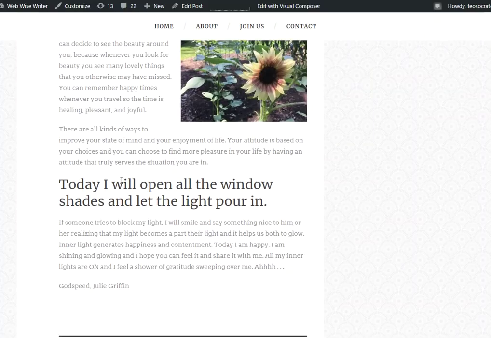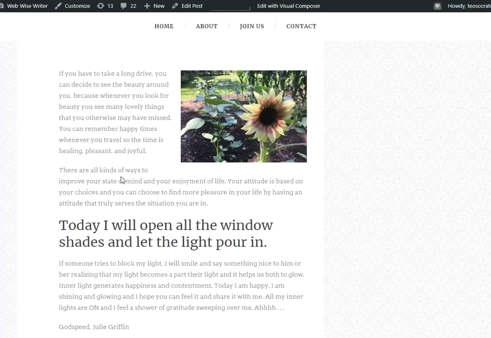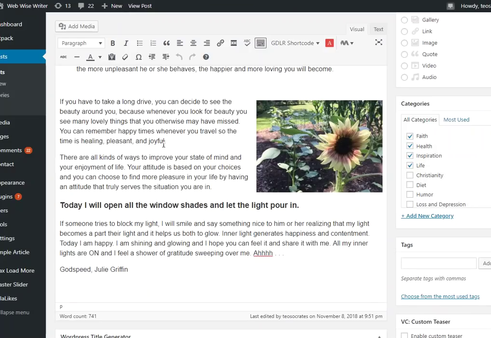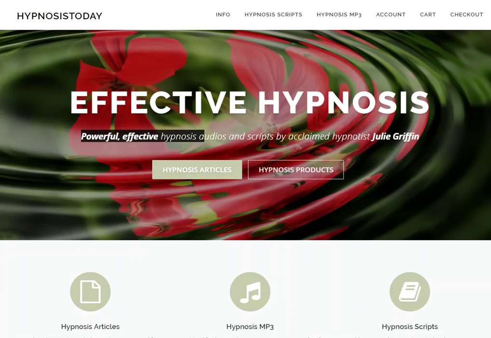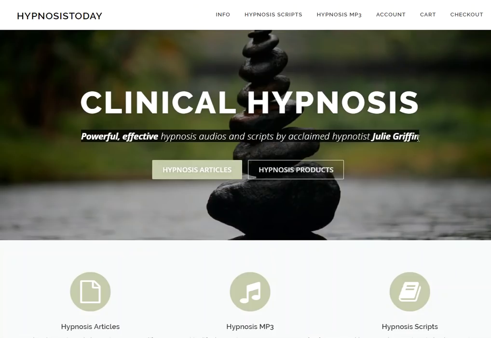But since this is a guest post, you really want to make sure your article has links back to your main website. So down here under the citation, under your name, the easy way is just to take your name and to link it to your website like that. However, you should really also have a call to action. So all I'm actually going to do is go over to Julie's site and copy this tagline she has here.